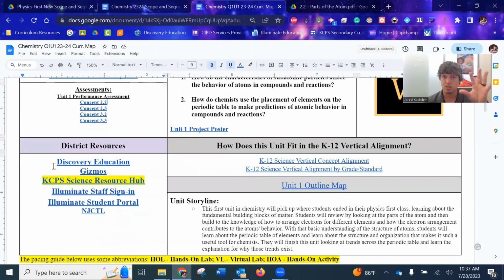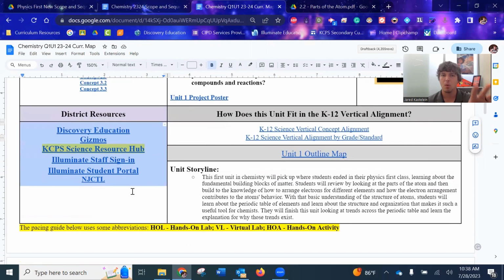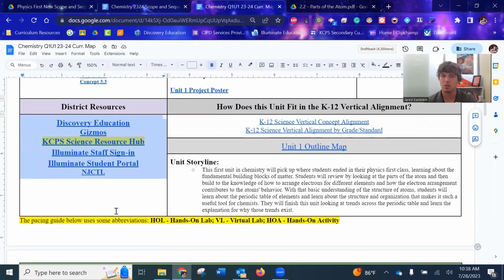Your district resources, this is going to remain constant. It's your quick links to everything you need. I might change this area up a little bit. So what it looks like when school starts might be a little bit different. The major thing I want to add is that there's going to be a link somewhere here that takes you